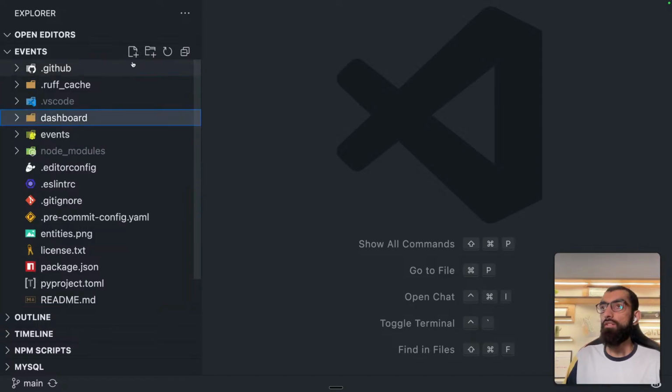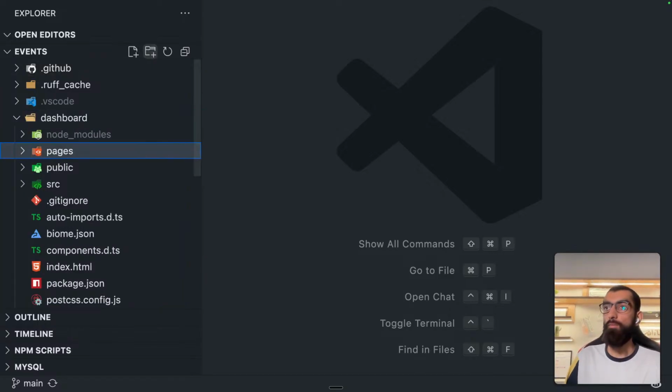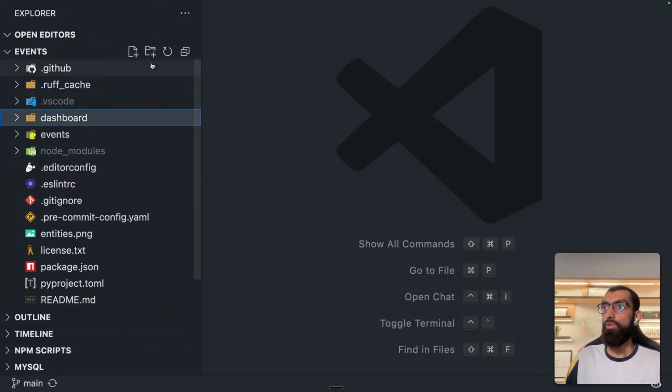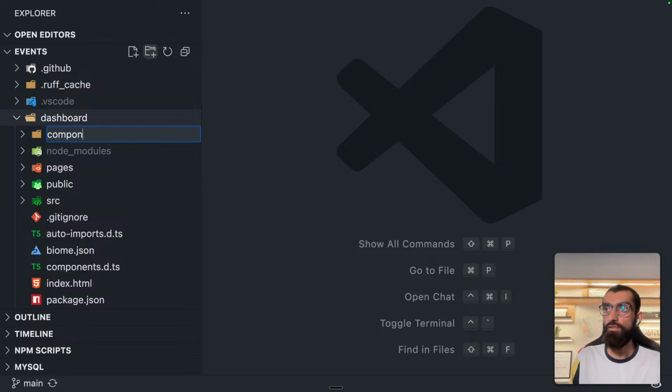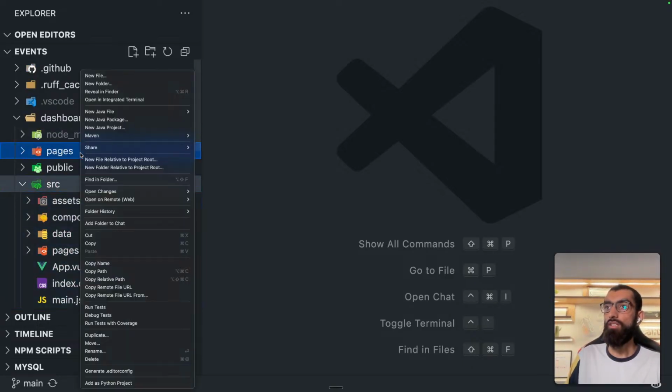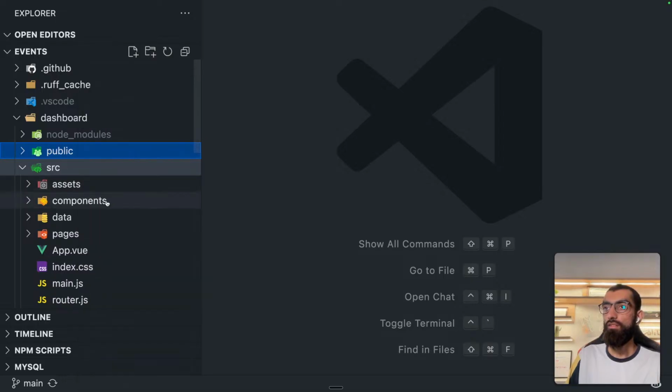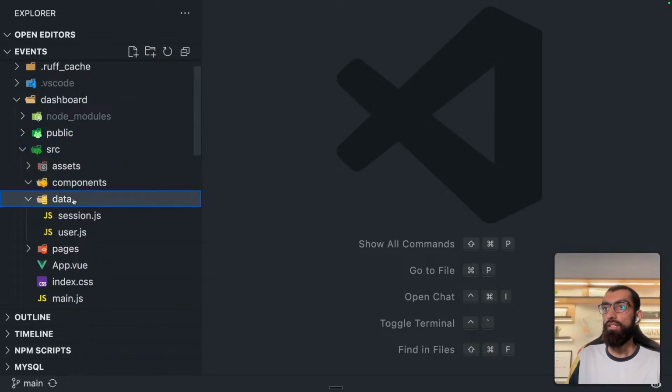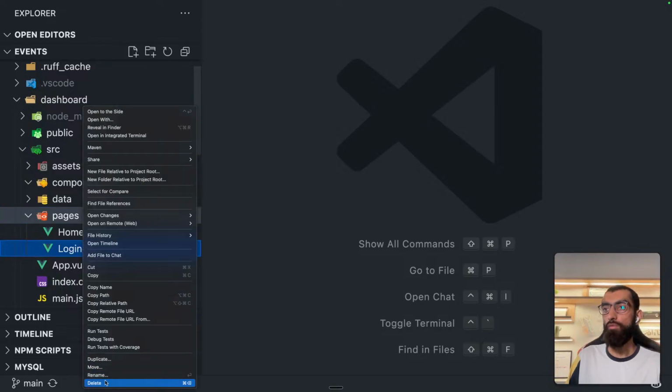In the dashboard, I want a pages folder where I'll put the pages, and I want a components folder where I'll put the components. That's just the most basic folder structure that I like to keep. Oh, I put it in the wrong place. Pages is already there, so we can delete it. Components, data, pages, right? So we don't need login.view,